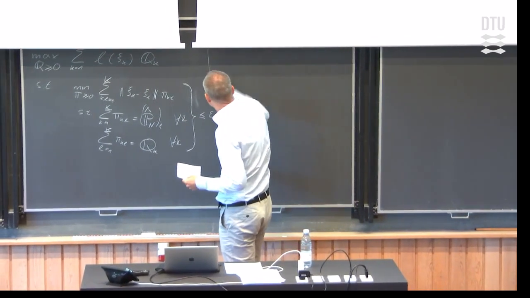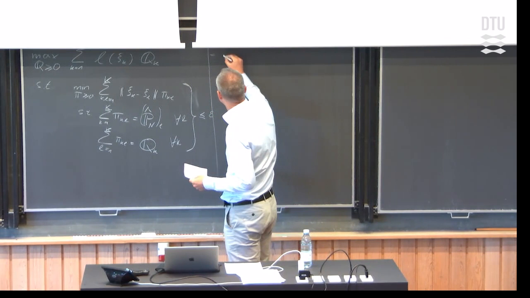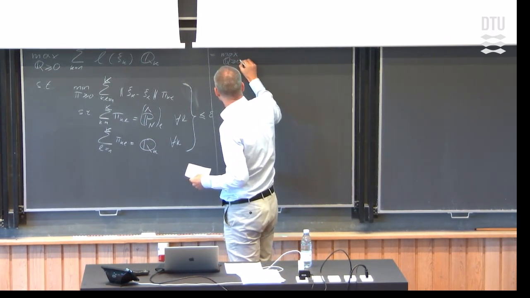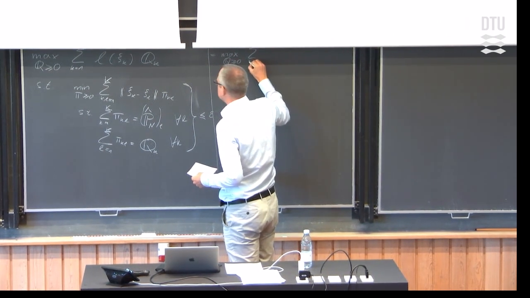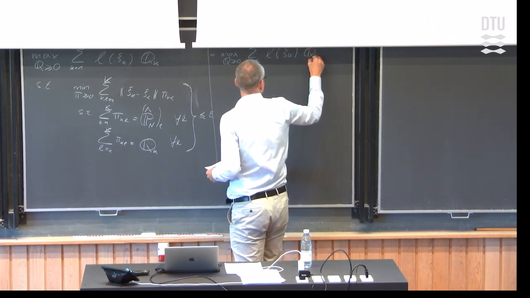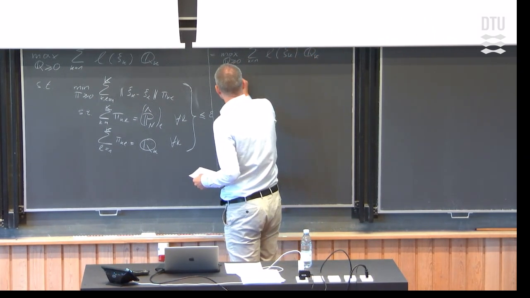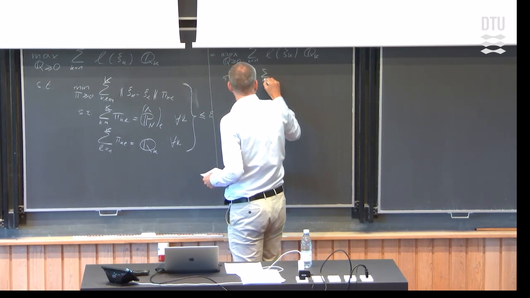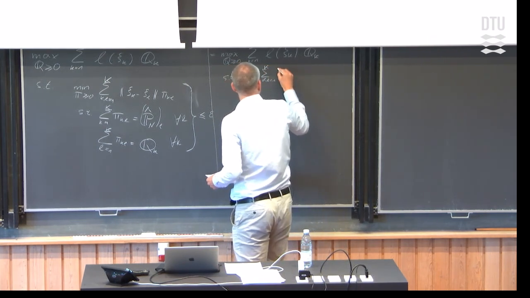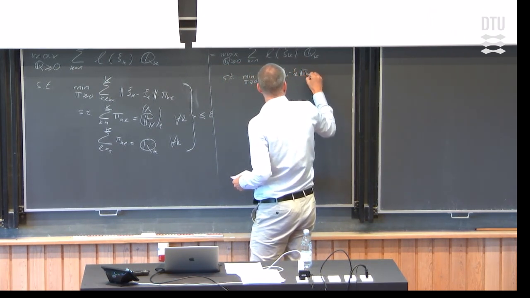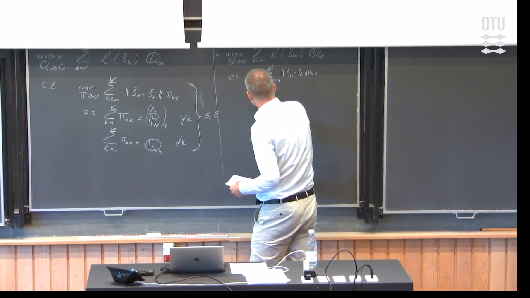So I'm going to write the whole thing as, okay, now just copy everything: maximize over all q larger or equal to 0, sum from k equals 1 to capital K, loss evaluated at psi k times probability of scenario k under q, subject to, and now the minimum over all pi larger or equal to 0 of the sum over k and L from 1 to capital K, distance between psi k and psi L times pi KL, subject to,